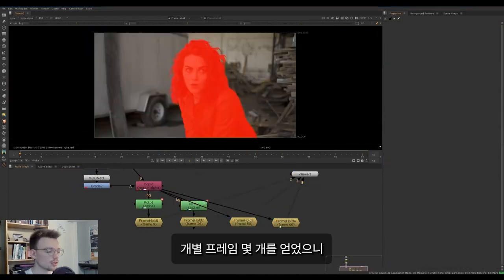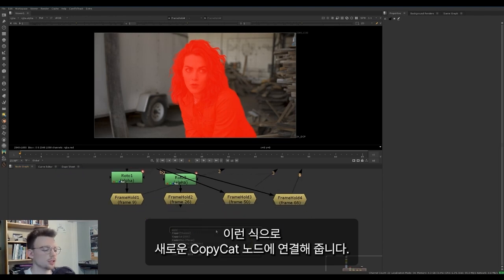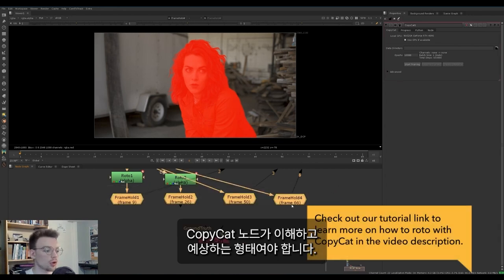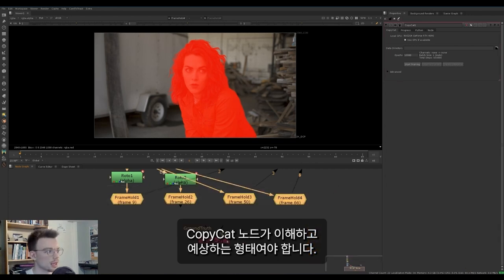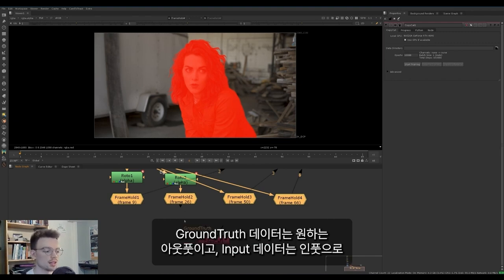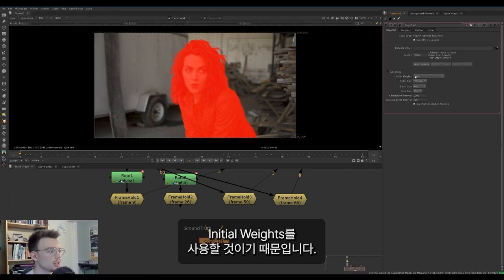So now that I've got these individual frames, let's feed it into a new Copycat node, like that. And what we've got to do is make sure that our input data is in the format that Copycat understands and expects. And that is a sequence, or actually two sequences of input data, the ground truth data being our desired output and the input data being our input. Two sequences, and it must be the channels that it expects as well, since we're going to be using initial